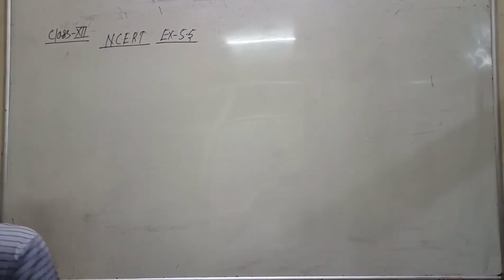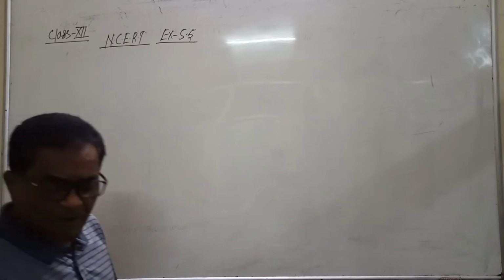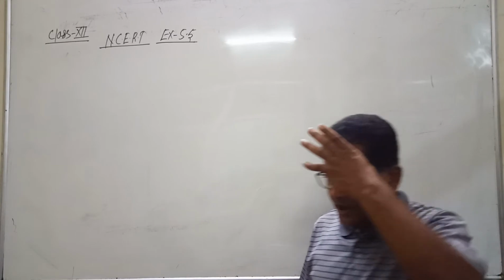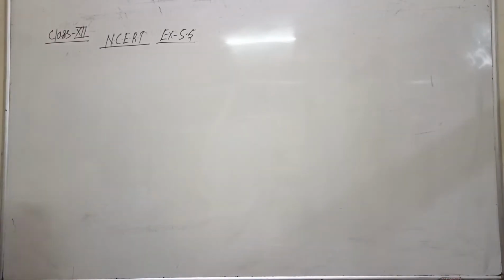In the previous video, we were seeing Exercise 5.5, and there was one question remaining. So firstly, we will complete that exercise. Question number 18. If u, v and w are functions of x,